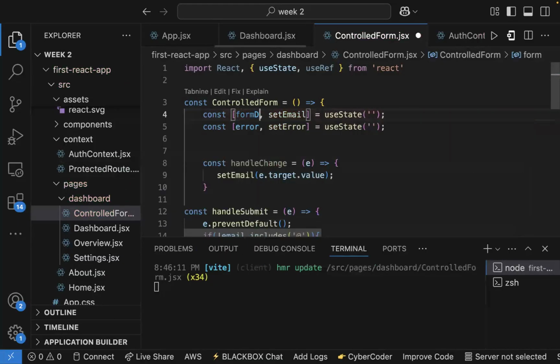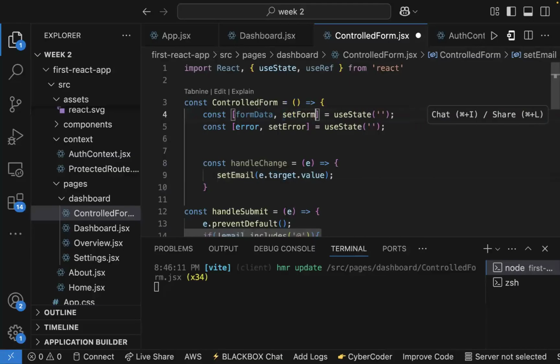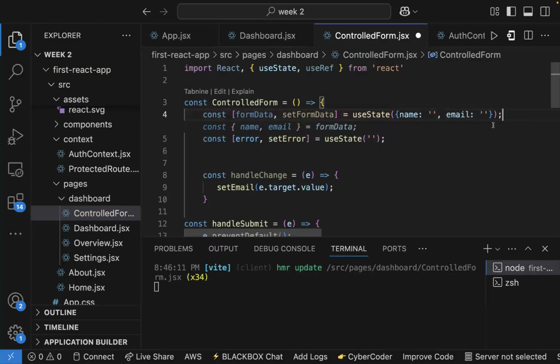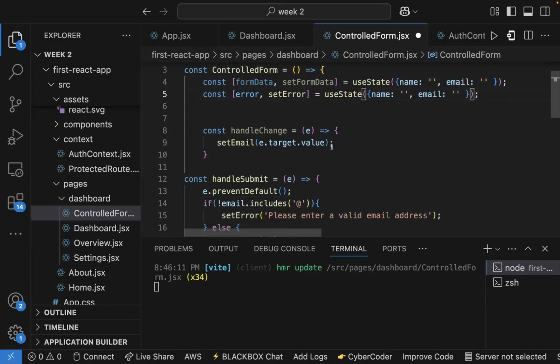Call it form data. And then inside form data, I can now create an array, an object, and then I have name, email, address, what have you, password, whatever I want to add to that particular form. Okay. And then I can do the same for my error state and have all these input fields represented in my error state. So that when I am assessing error,